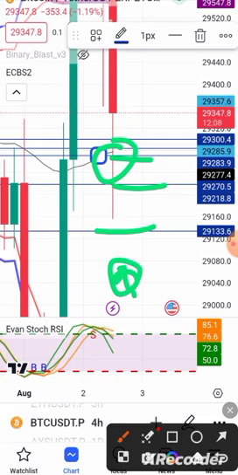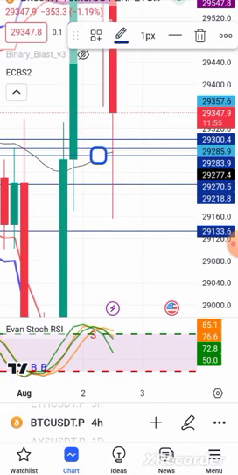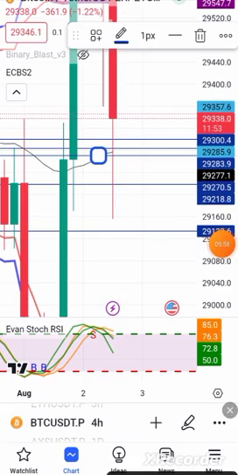Manipulation is going on, because it's very difficult for a candle to come all the way from the upper Bollinger Band and come down here and still break this line. So all you just need to do is to understand this. If the candle breaks this place we have marked,